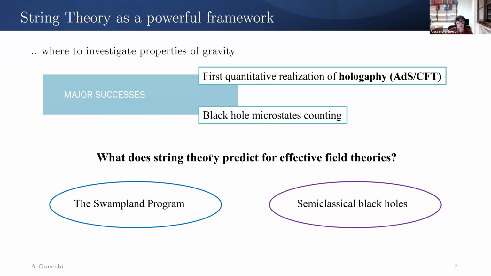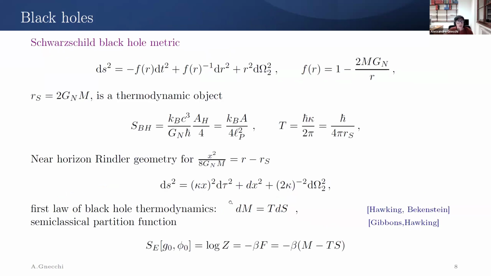Is there something else that we can say, oh, this is a property of gravity, but it's due to a property of the UV completion? Before I go on, since I will use certain